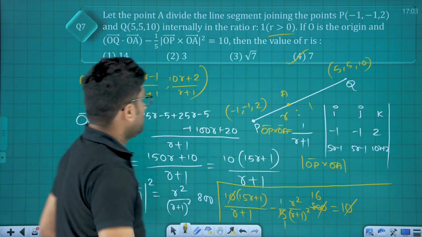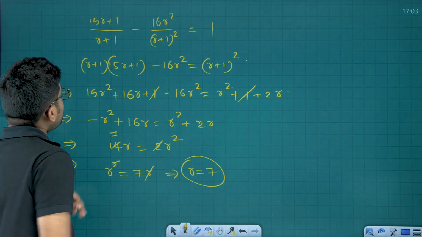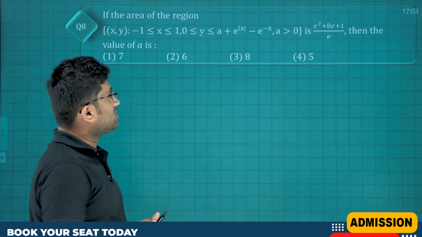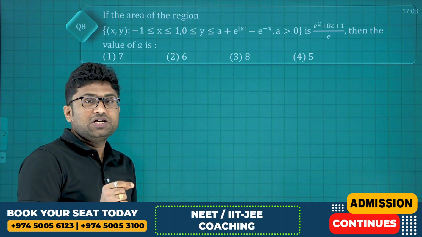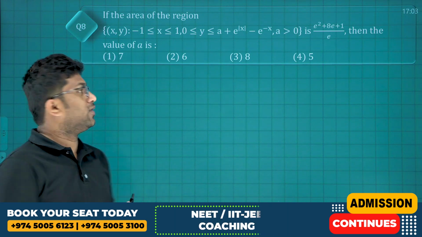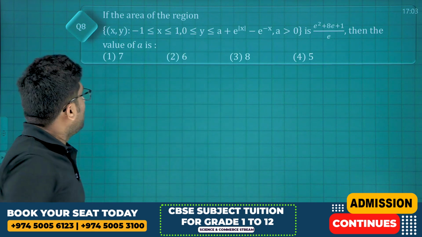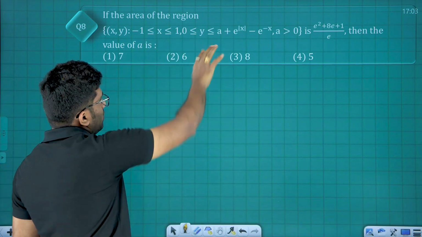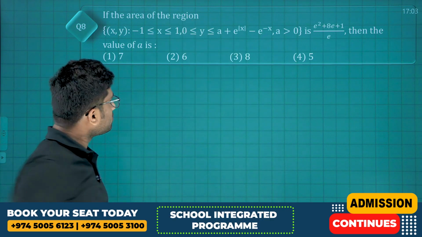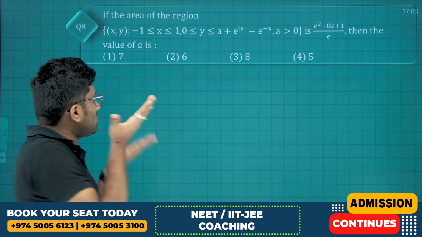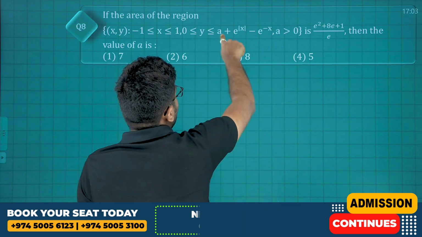Okay, very good. Next question. If the area of the region, see how very good question it is actually. Simple question if you just understand the terminology of modulus function. X ranges from -1 to 1. The graph, we have to find the area of the region bounded above x-axis, a plus